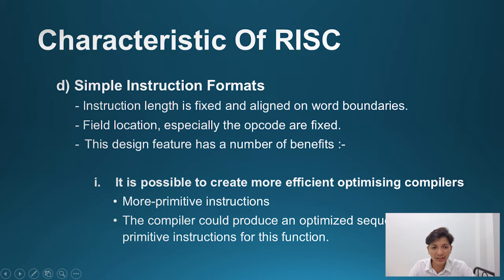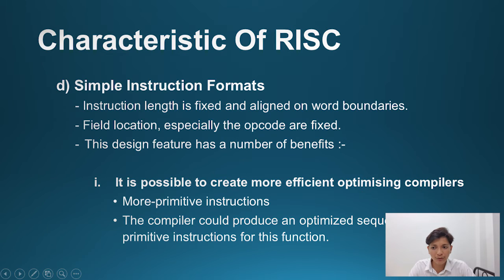There are 3 points under this characteristic. First, it is possible to create more efficient optimizing compilers. With more primitive instructions, there are more opportunities for moving functions out of loops, reorganizing code for efficiency, maximizing register utilization, and so it is even possible to compute parts of complex instructions at compile time. For example, the